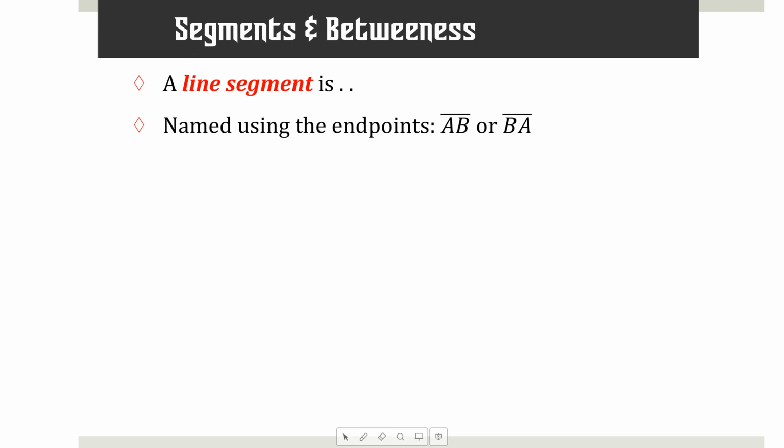2 ways to name your segment. No, wait. Now, when we had a line yesterday, you could pick any 2 points on that line and name it that way. So on the homework, when you had the line CD with the points X and Y on it, you could pick any combination of those 2 points to name the line. Segments, you don't have that flexibility, you have to use the endpoints. So if the endpoints are A and B, that's segment AB, or you could do BA, it doesn't matter which end you start with.